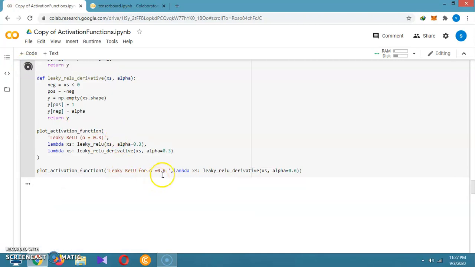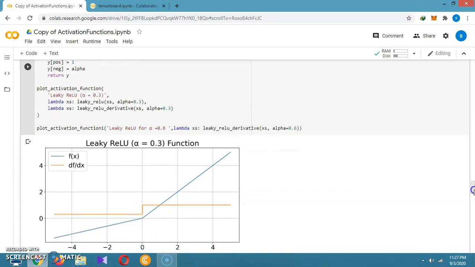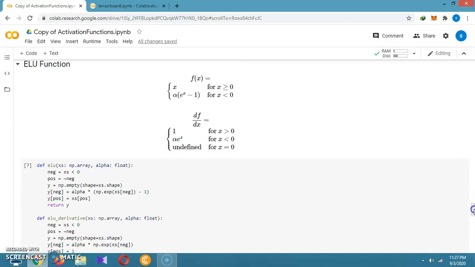Right now it will run accurately. Before that, why was it not runnable? Because we were not passing the two arguments first, and we were not giving a proper lambda function.